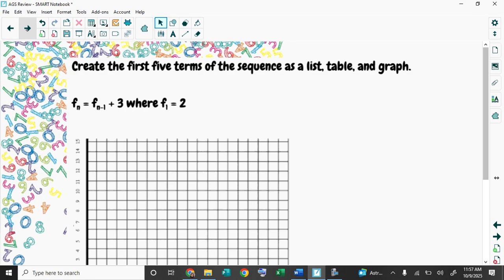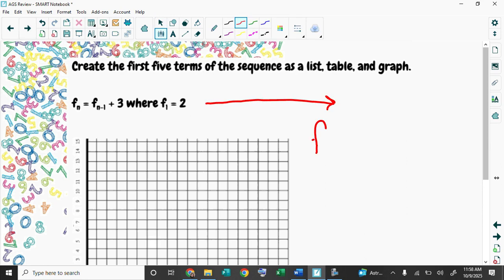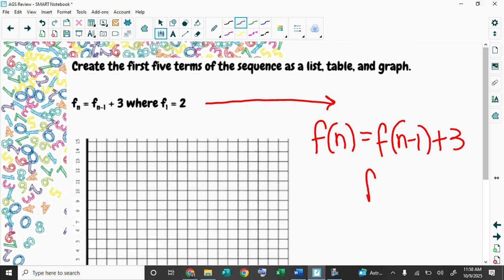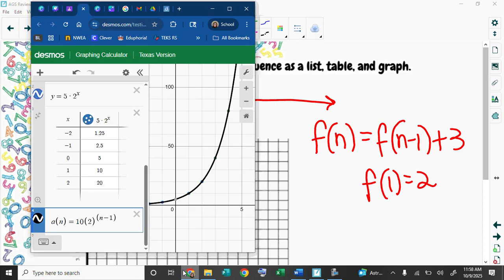So my next one is create the first 5 terms of the sequence as a list, table, and a graph. And so I need to rewrite this to put it in my calculator. I'm going to say f of n equals f of n minus 1 plus 3. And I need to know that f of 1 is 2. So, my calculator,